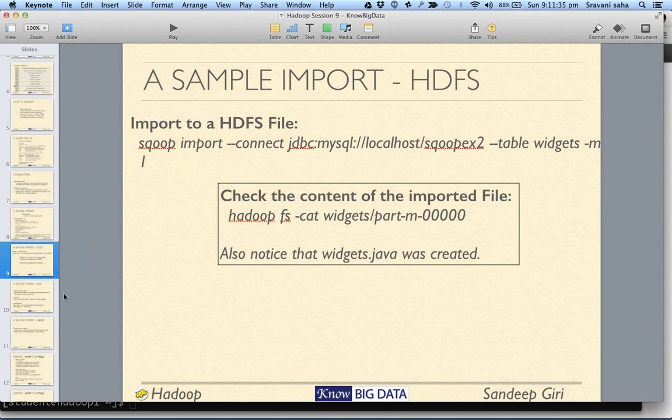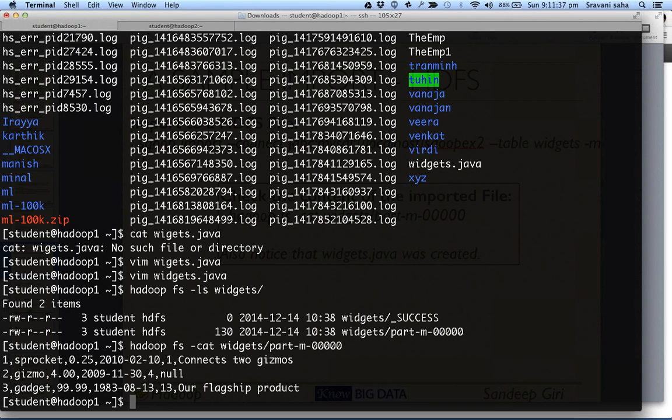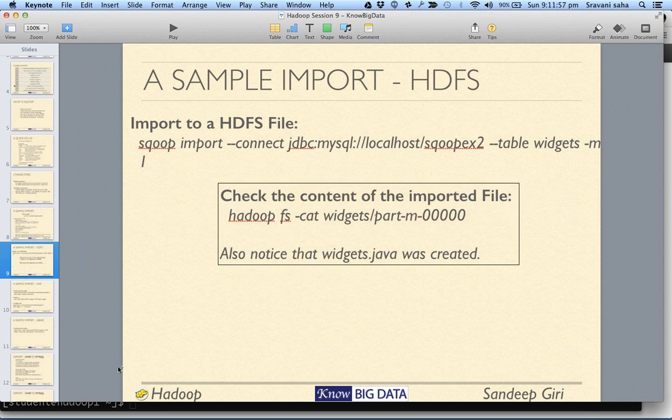Now, the next step, if you have to import this file into Hive, you will have to create a table, and the definition of the table can also be imported from MySQL. Therefore,